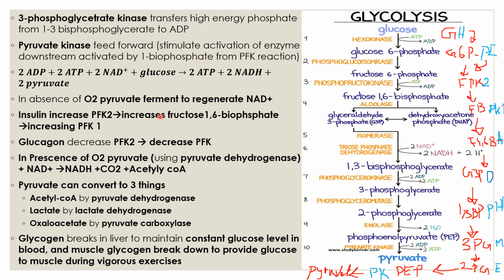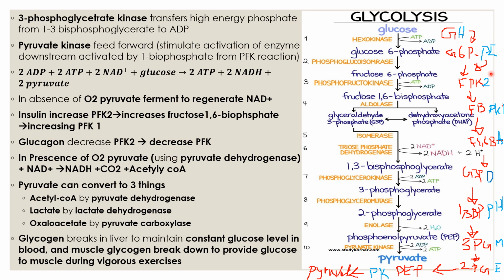And then the total net is 2 ADP plus 2 Pi plus 2 NAD+ plus glucose gives 2 ATP and 2 NADH plus 2 pyruvates. What if we don't have oxygen? In the absence of oxygen, pyruvate ferments to regenerate NAD+. Okay, and next I was talking about PFK